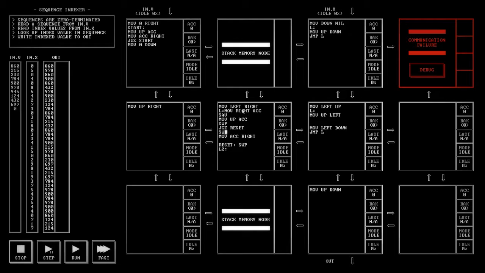Okay, so let's see. Reset is swap. So now I have whatever the value is back in my hand. And then I want to move what's in my hand down. And then I want to move up into my hand. If it's 0, then I need to